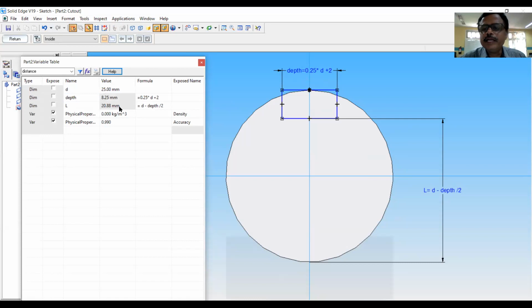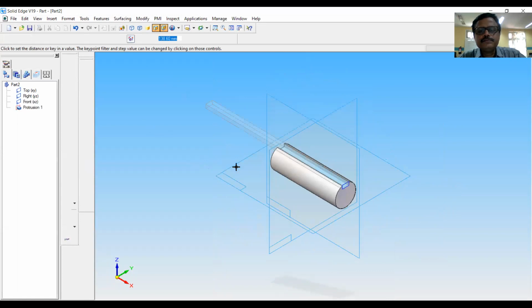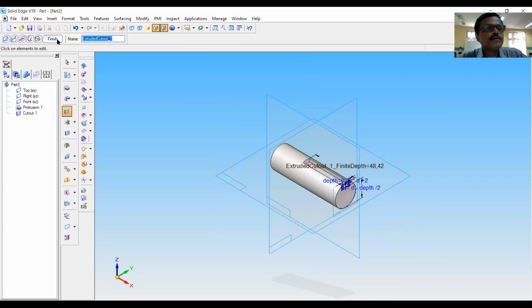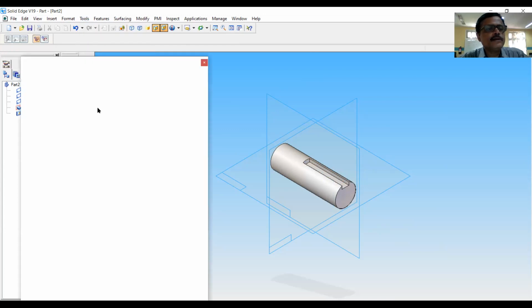So it is 20.88 here in the values, and it is shown here in the form of equation. Now return and enter the thickness or distance of the slot. Enter it in the variables. Here the variables is there.